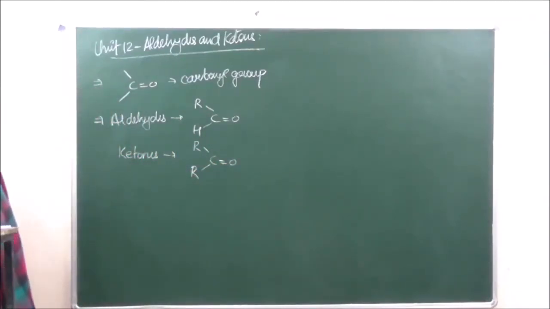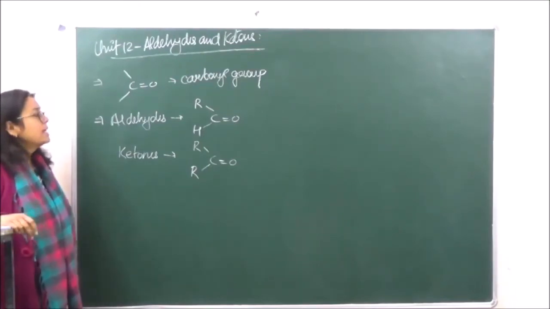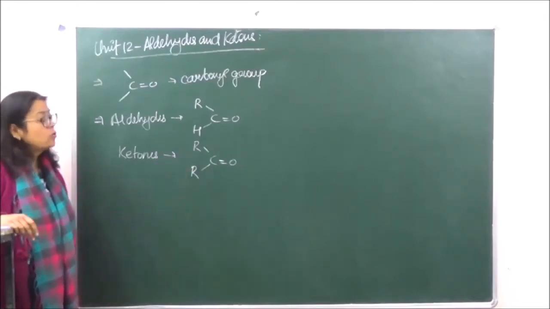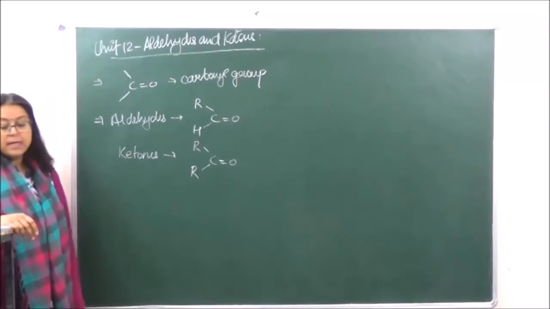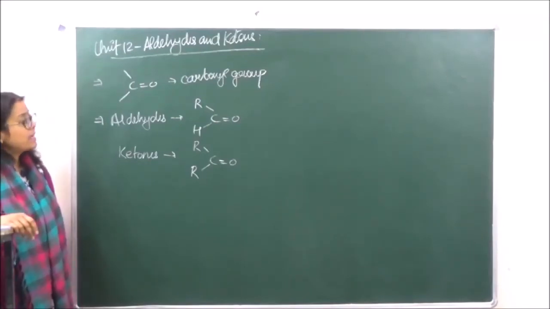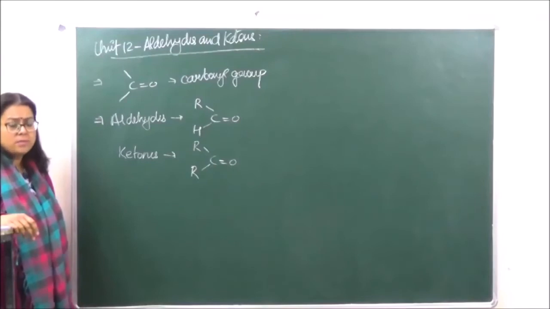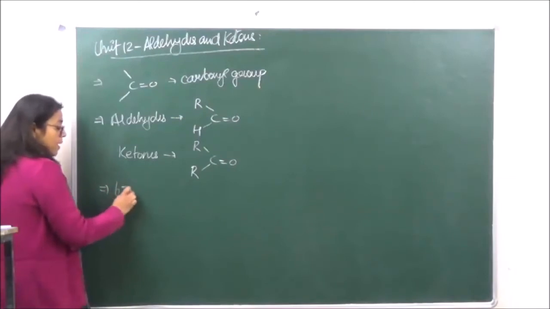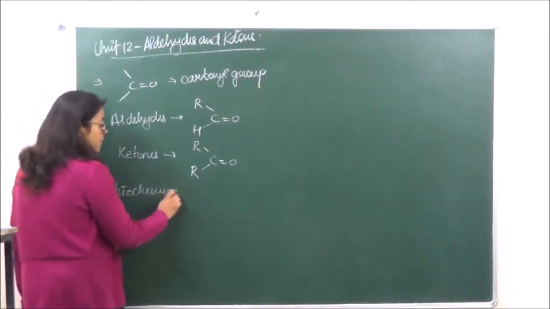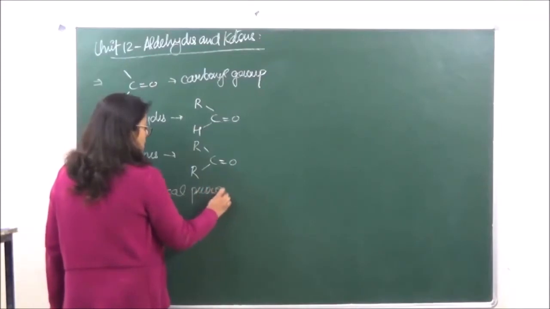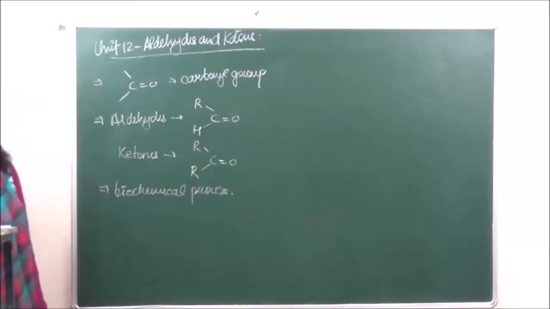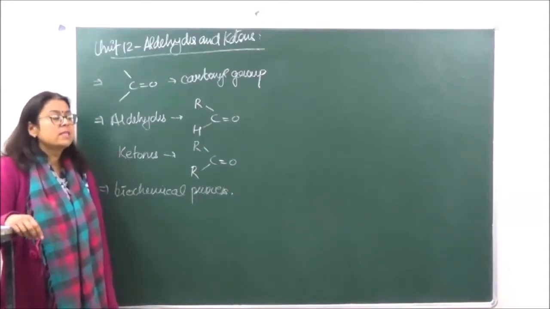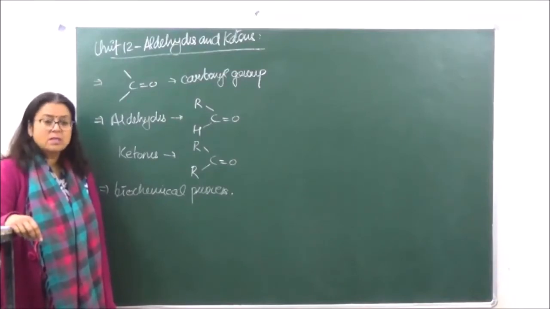So this is going to be the prime difference between aldehydes and ketones, that in aldehydes there is one alkyl group, whereas in ketones there are going to be two alkyl groups. These two alkyl groups may be same, they may be different. Okay? Now over here, all the aldehydes are very widely spread in plants and animals, and they play an important role in many biochemical processes. Because of their very good aroma, they are used as synthetic materials in the perfume industry, right?